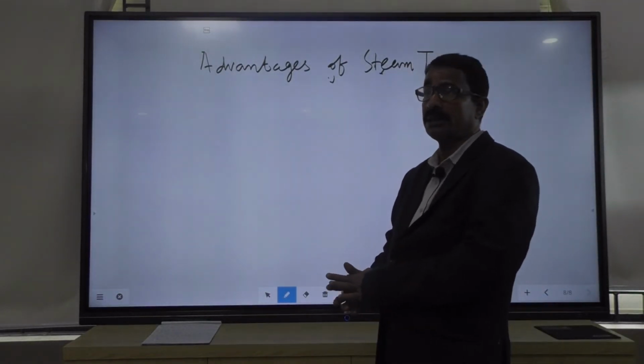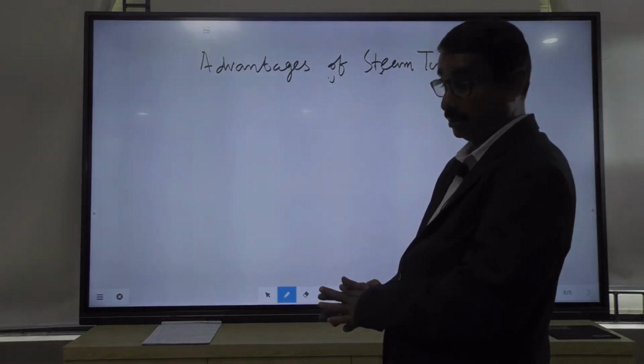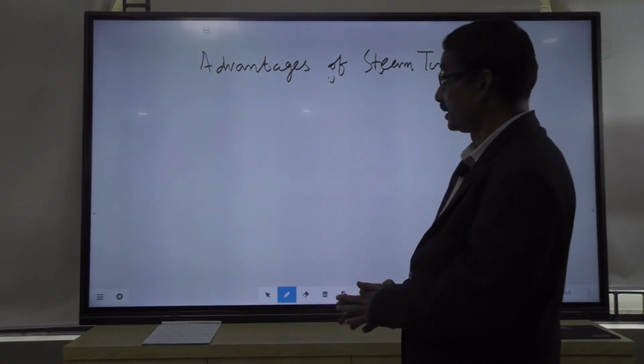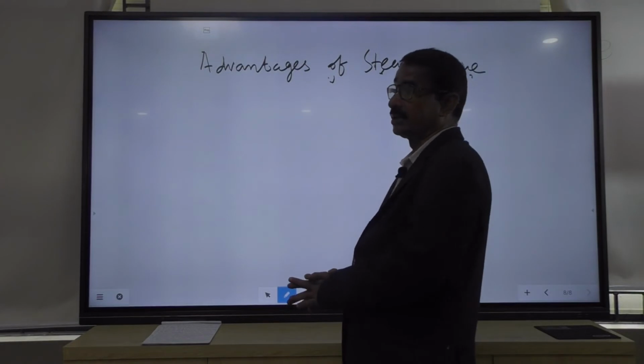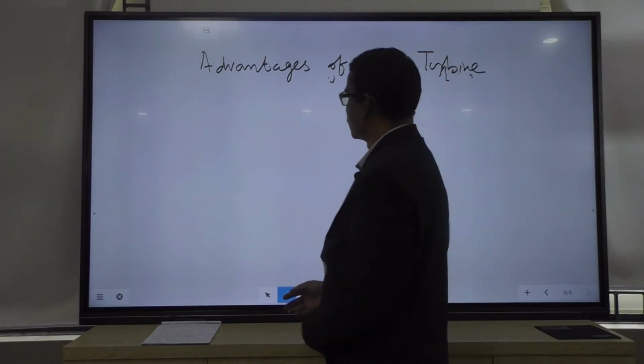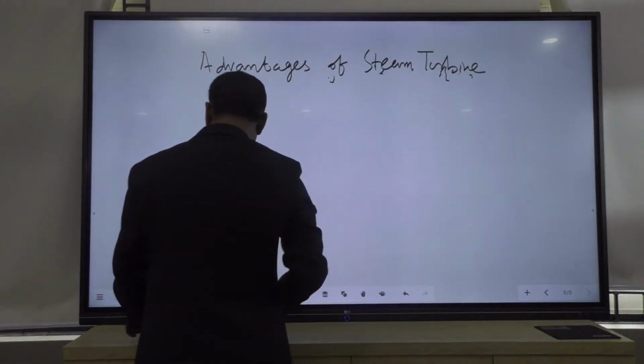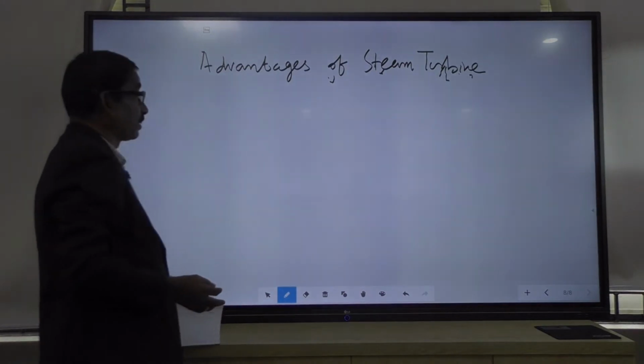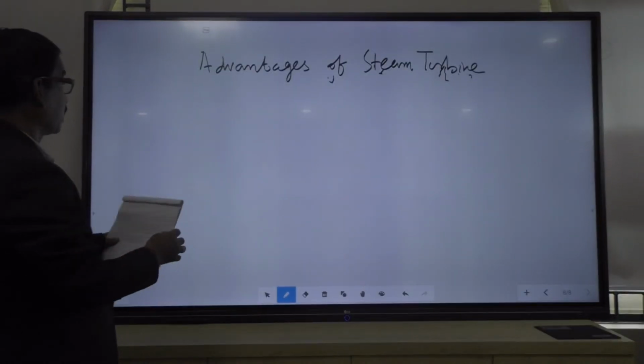So, there is a lot of loss in power, and there are some limitations in the steam engine, but those limitations you will not find in the steam turbine. If we write the advantages one by one, number one advantage is